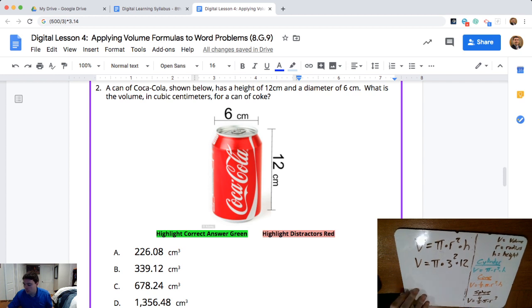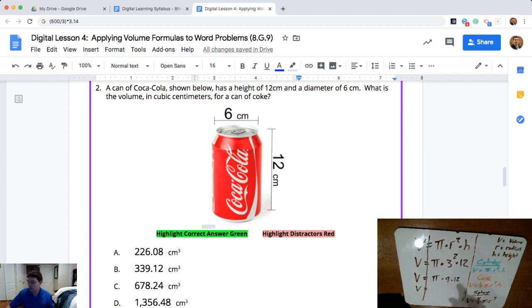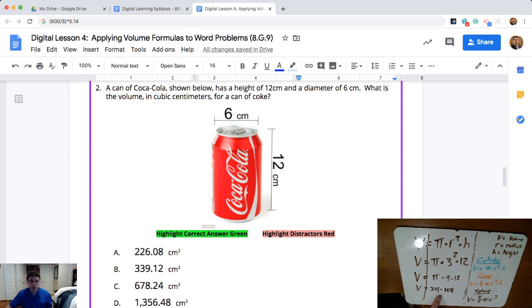So then at that point, we'll just do the math out. Since there's a little bit of a lag between the chat, I'm going to go ahead and show us pi times 3 squared gives us pi times 9 times 12. If we do 9 times 12, 10 times 12 would give us 120, so 9 times 12, 12 less, is going to give us 108. So if you do 108 times pi, or 108 times 3.14,